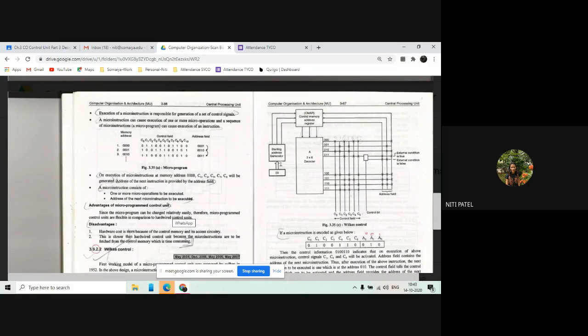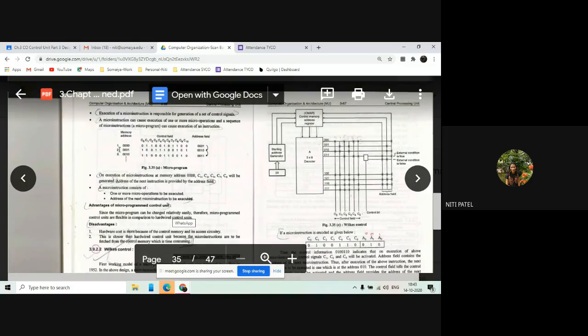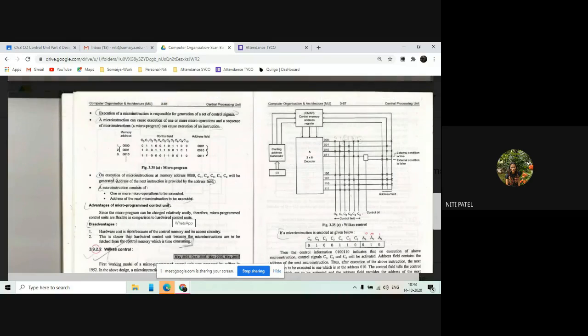But if I want to execute that first instruction, I should have a memory address, because a micro program tells you that you should have a memory address, a control field, and an address field. If you have all these three, you can start the execution. So this starting address generator will do what? It will generate the address for the first instruction. For example, the address 0000, if it generates that for the first instruction,